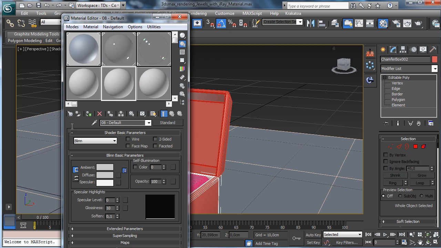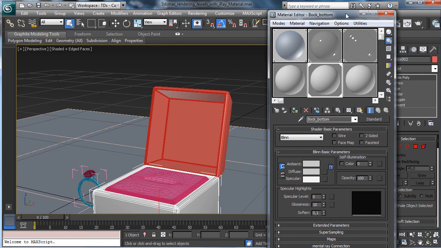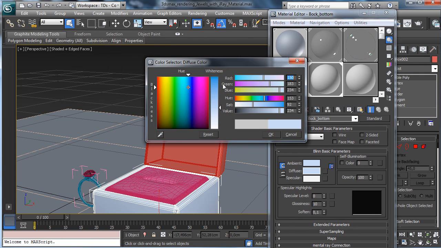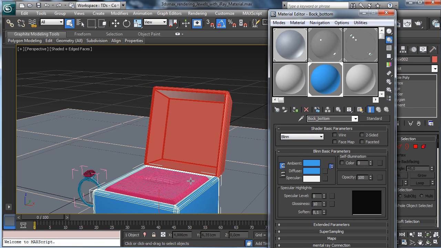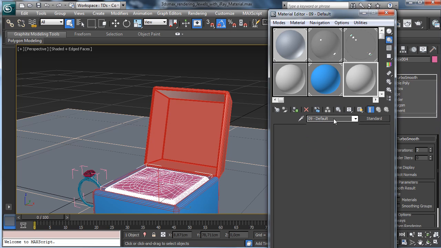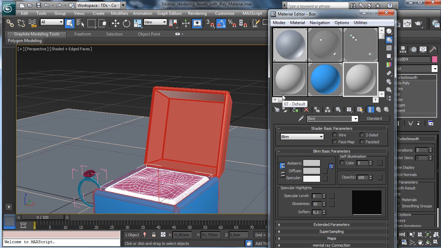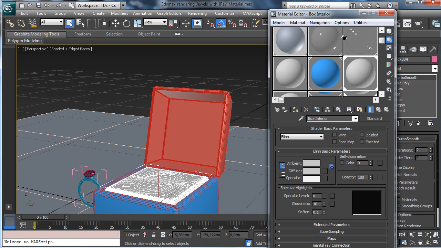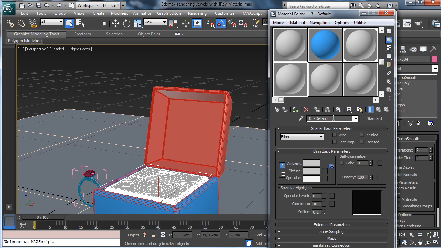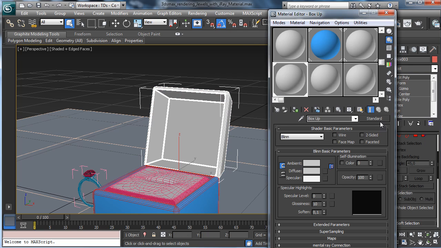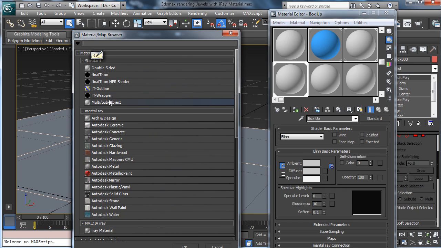Now we can select this one and we assign, let's say, box bottom, and let's say for the moment that we'll use a blue color. Then this one will be box interior, and then we have a box hub for this one, and this one will be a multi sub-object